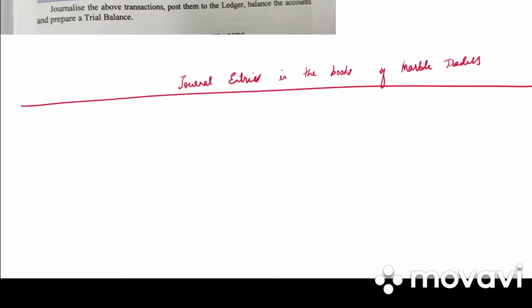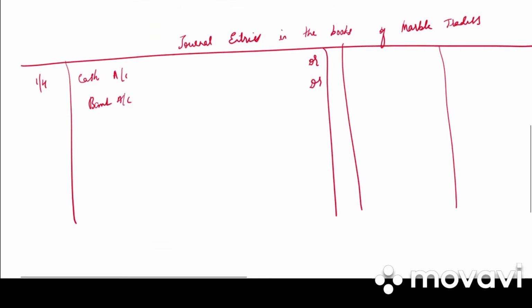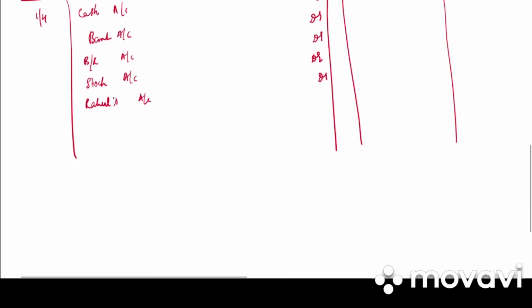We have date, particulars, LF, debit and credit. First opening entry on 1st April. Cash account debited, bank account debited, bills receivables account debited, stock account debited, Rahul's account debited, Himanshu account debited,